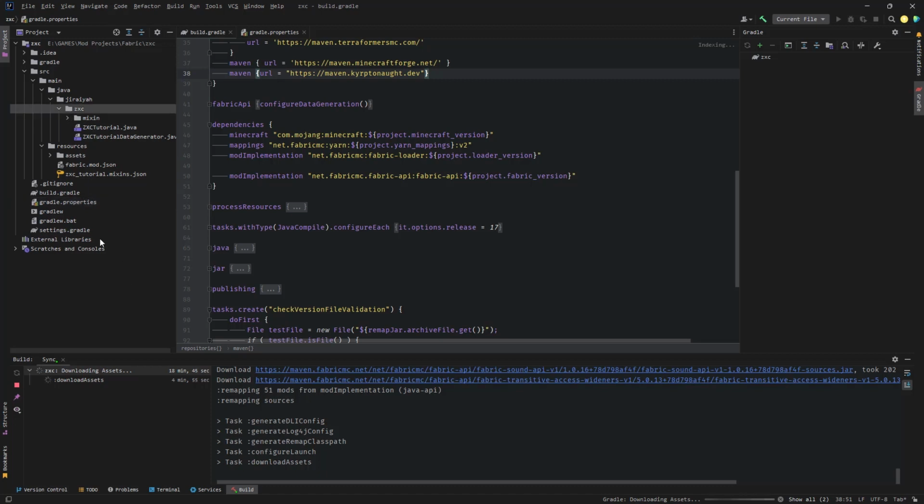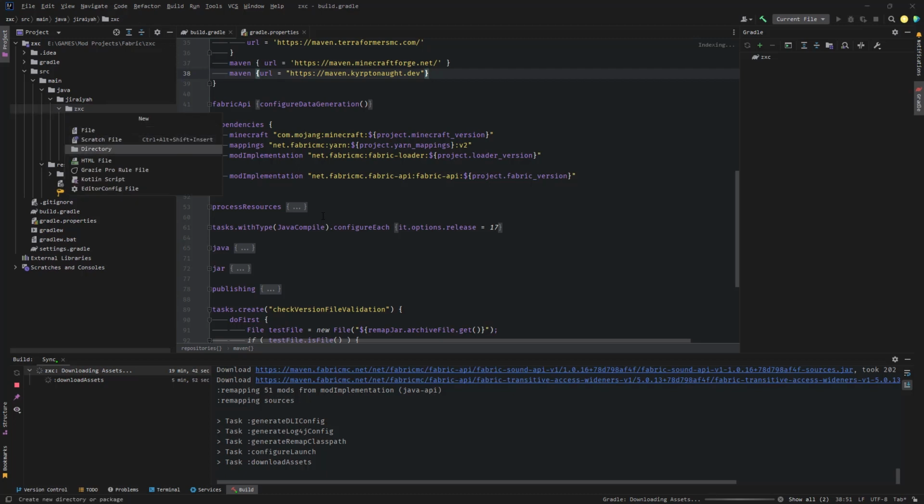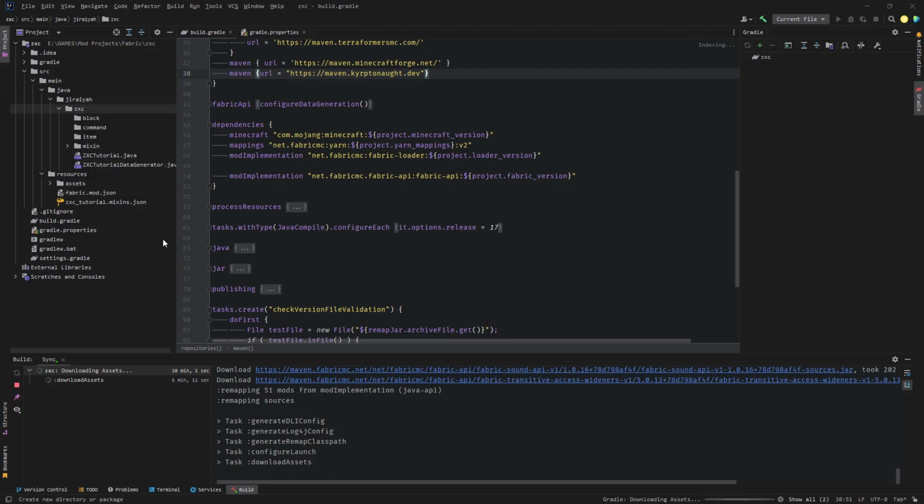For example, inside the project, you can hit Alt Insert and add a file or a directory. There are a few directories that we will have in our projects. One of them is called item. So I will add it right now. The other one is block. So not file, sorry. Directory, call it block. So basically we are starting to put our structure in place, but without changing any critical sections so that Gradle can do its job. And moving forward, the next one we may want is a command folder, and then another directory